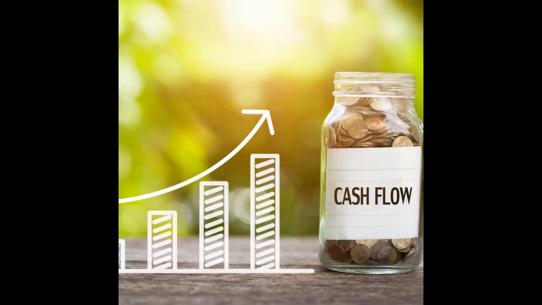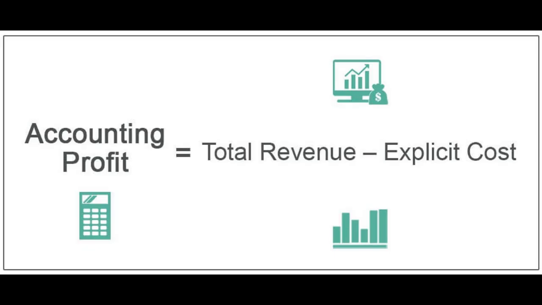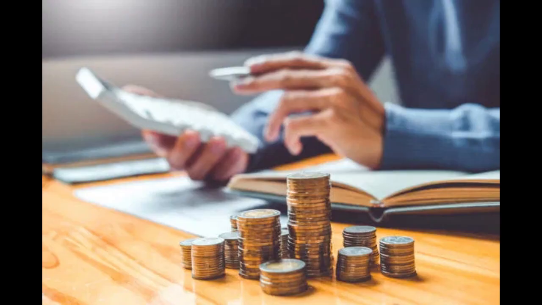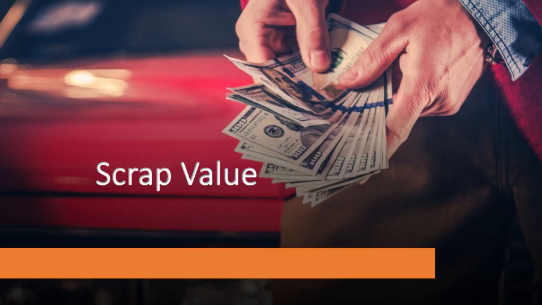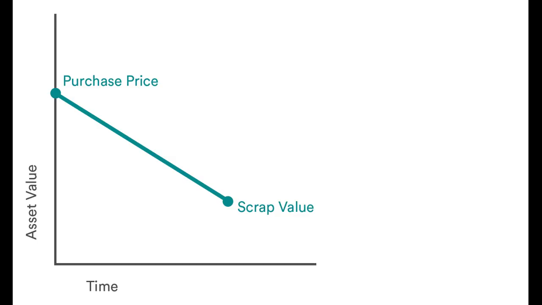Now there are times in the questions where you've been given the accounting profits. If you've been given the accounting profit, it can only be applied if you're using the accounting rate of return. Where you have got accounting profit, you need to ensure that you know the cost of the investment or the value of the investment. Depending on how questions are phrased, you will need to take note of if at all there is a scrap value attached to it, and also the useful life of that